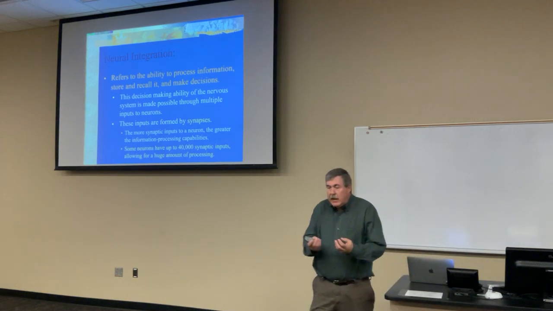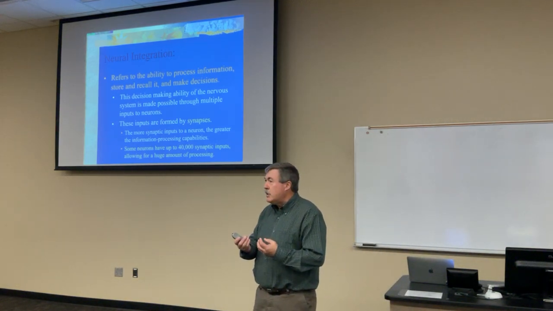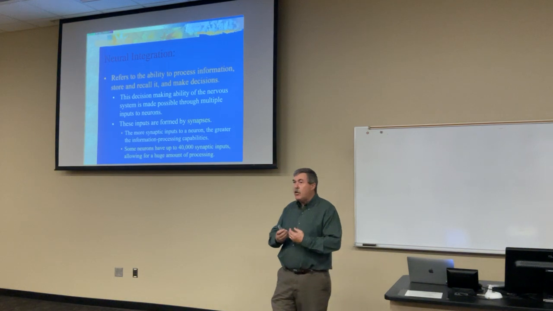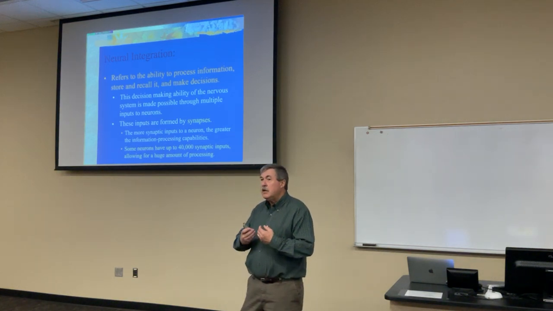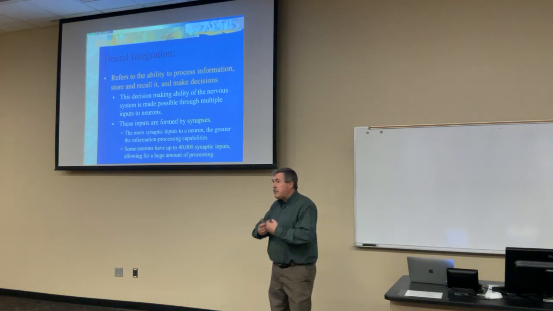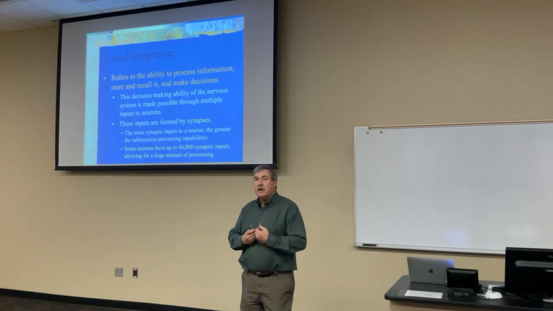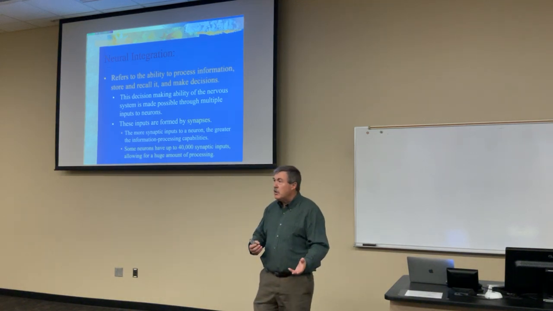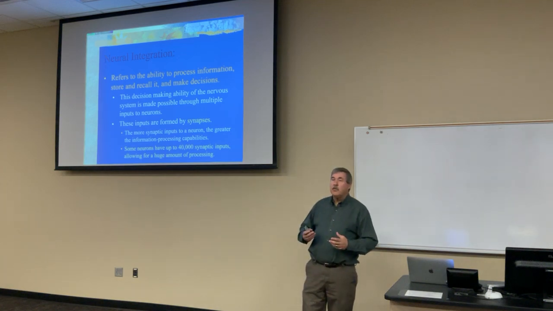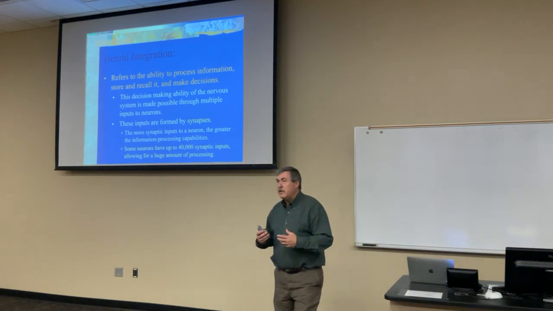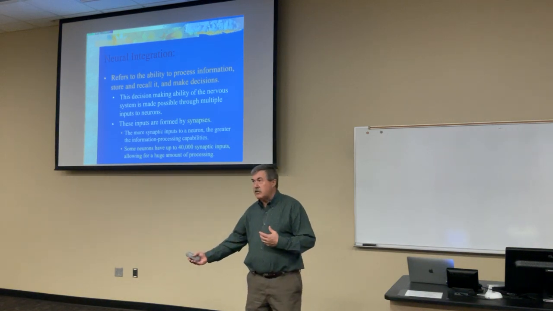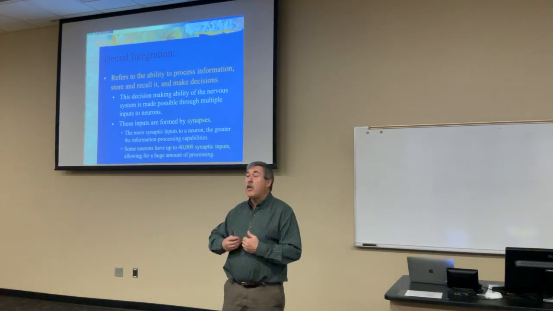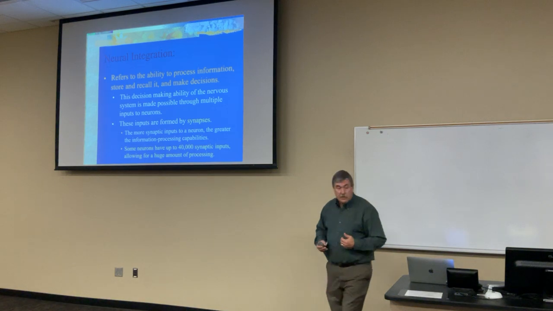Now, we've seen that there are different ways in which two or more neurons can form a synapse. By forming different synaptic connections, our central nervous system can process information. And in a way, it can make a decision as to whether or not a response should be produced. It can also determine the type of response that occurs, whether it's just a single action potential that's produced or whether it's a whole burst of action potentials.